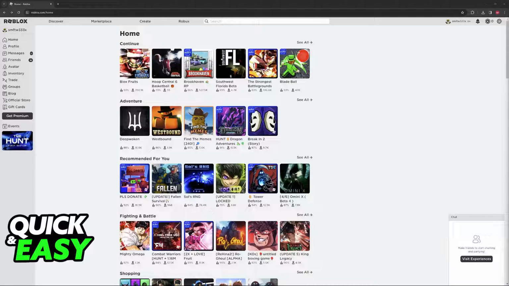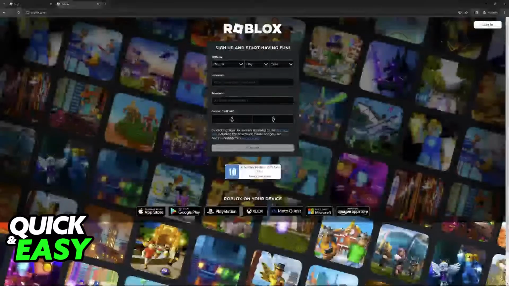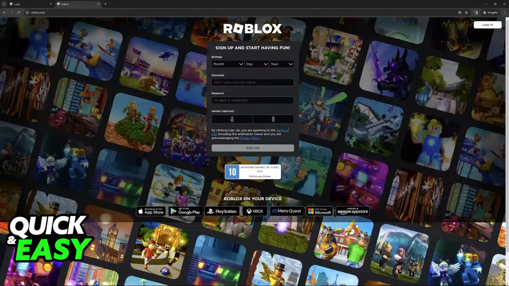All that you have to do is visit the official Roblox website where you can set up a free account. So all that you have to do, like I said, is to open a web browser on any device and visit roblox.com. So go to www.roblox.com. When you arrive at this page, you will be greeted with the sign up prompt, so you can include